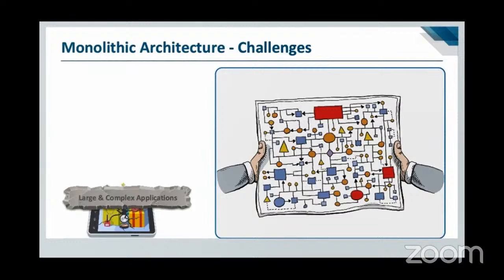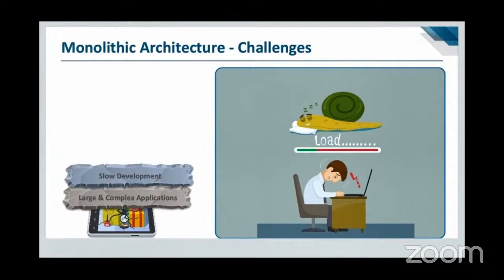Second, it's very tightly coupled, so that if you have to change some part of the code, it's not very easy. Okay, because it might impact some other place. So that is the first disadvantage. The second disadvantage or challenge is that it leads to slow development. That is because all the components are in the same code base. So the recommendation team as well as the video streaming team, all of them have to work on the same code base.